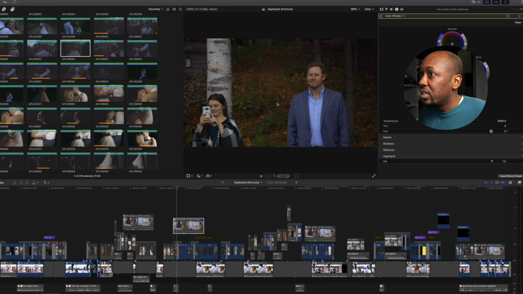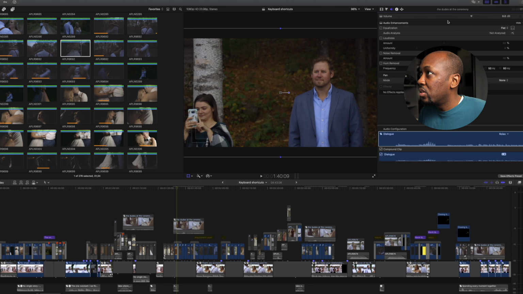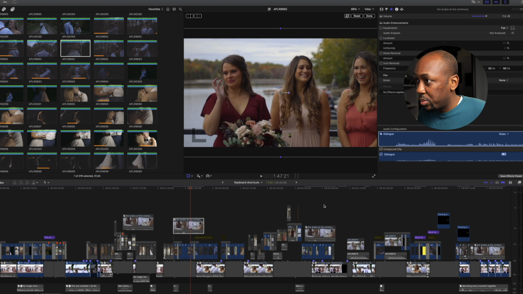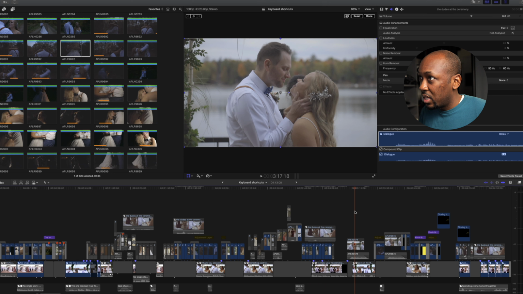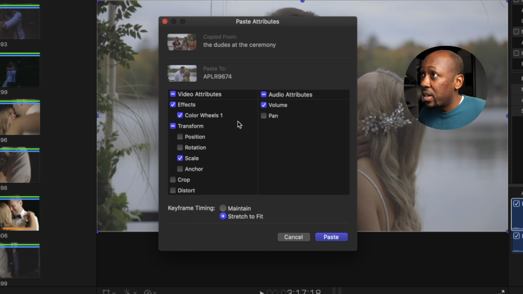So let's go here. Let's say I changed a position. Actually, let's make it bigger. And then let's turn that audio up on this. And now I take these attributes and I want to put them on something else. I can go here, paste, and now I have the transform, I have the volume, I have the color settings. And if I don't want to use all of them, I just deselect the ones I don't want. Boom. Honestly, if you're not using this one specifically and you've been editing in Final Cut for more than a week, then